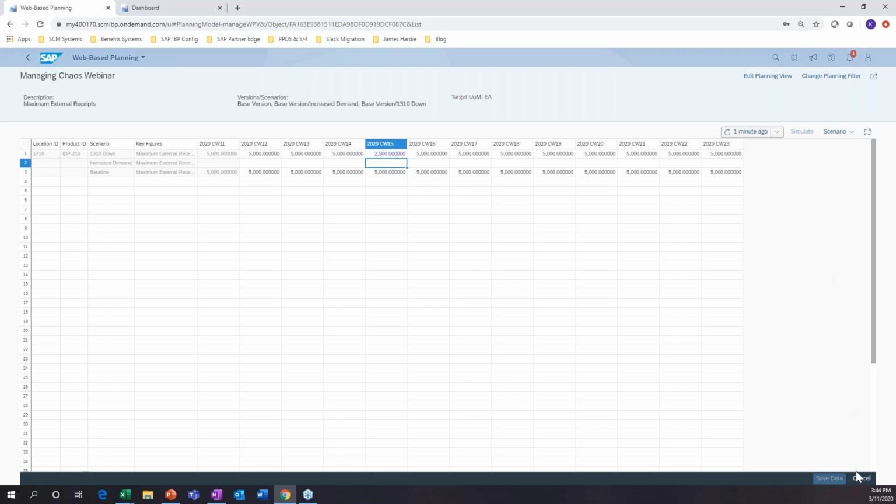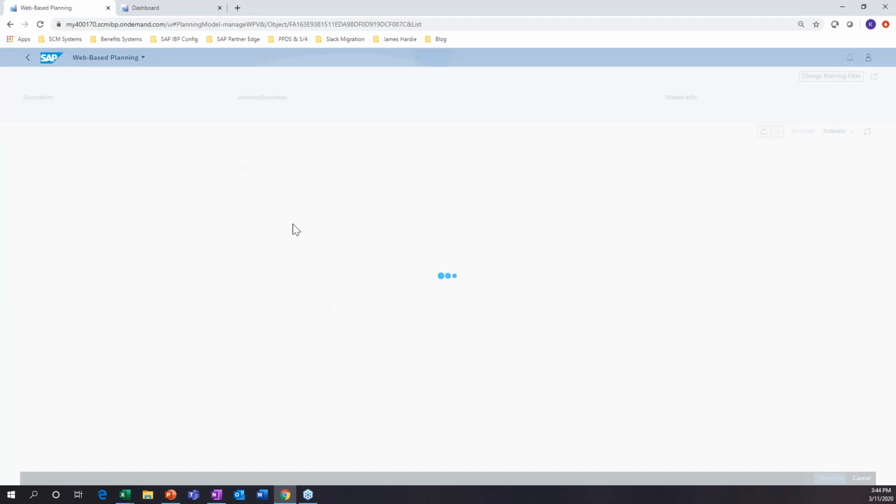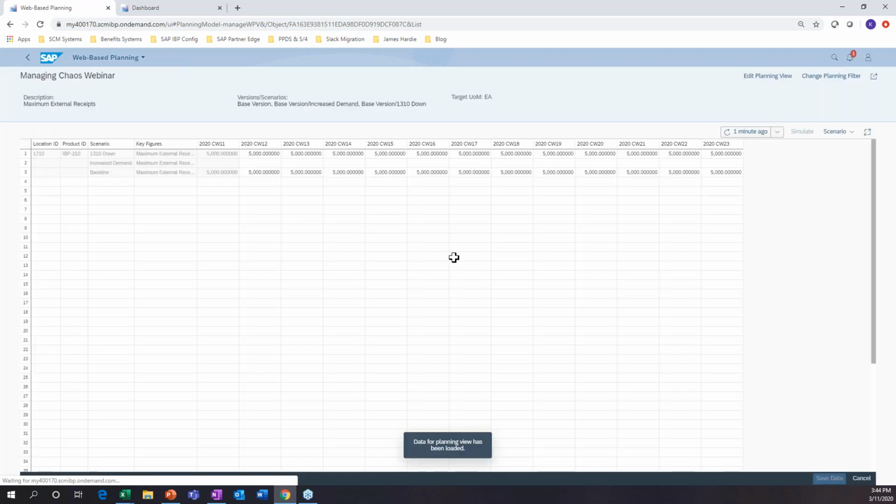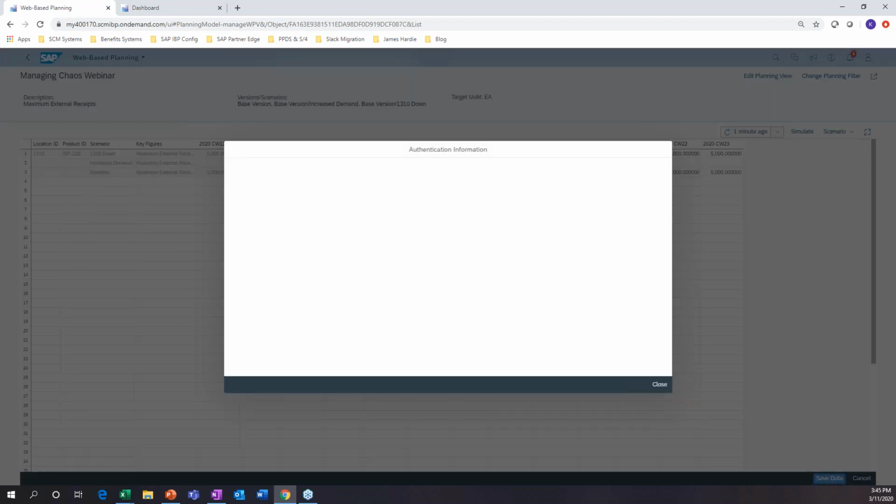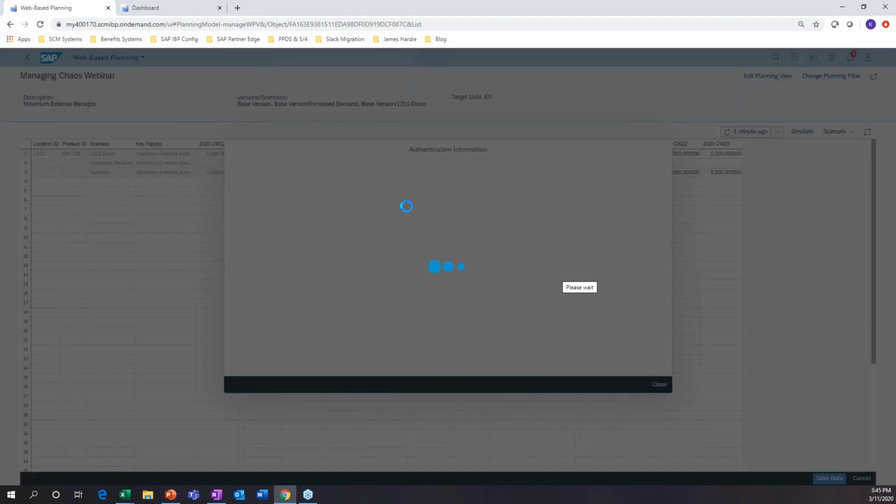When they go to actually, hold on one second, I need to refresh my screen. When they come in to update the data and they save, what you'll see is they save it here.